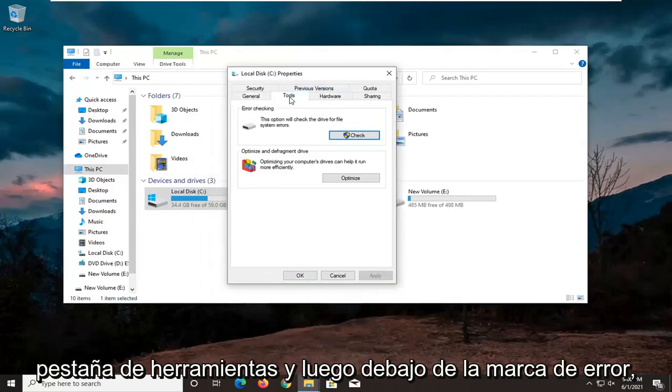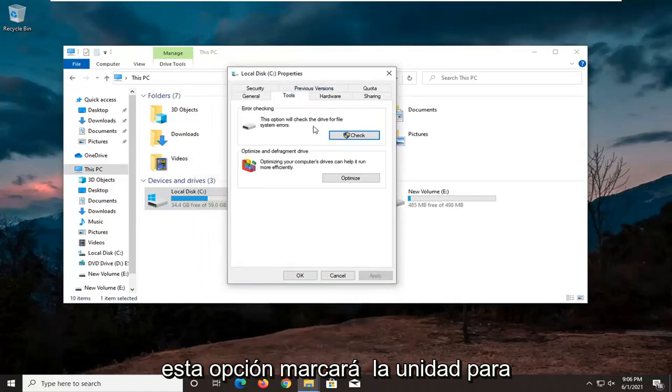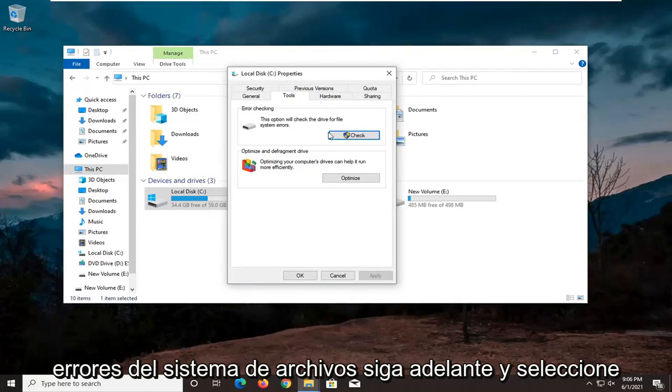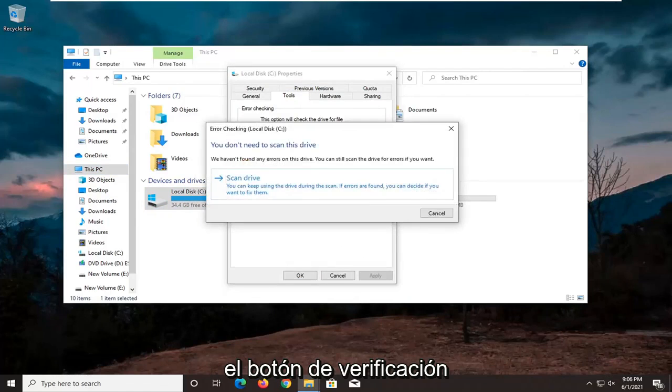Select the Tools tab, and then underneath Error Checking, this option will check the drive for file system errors. Go ahead and select the check button. Select Scan Drive.